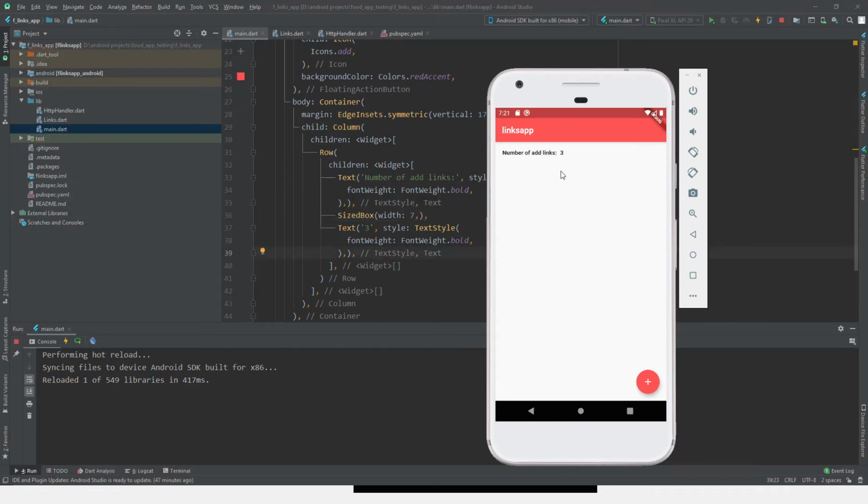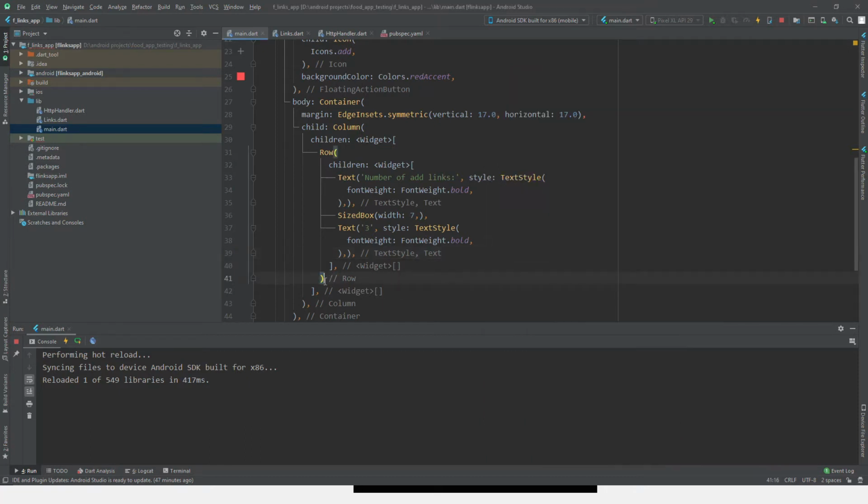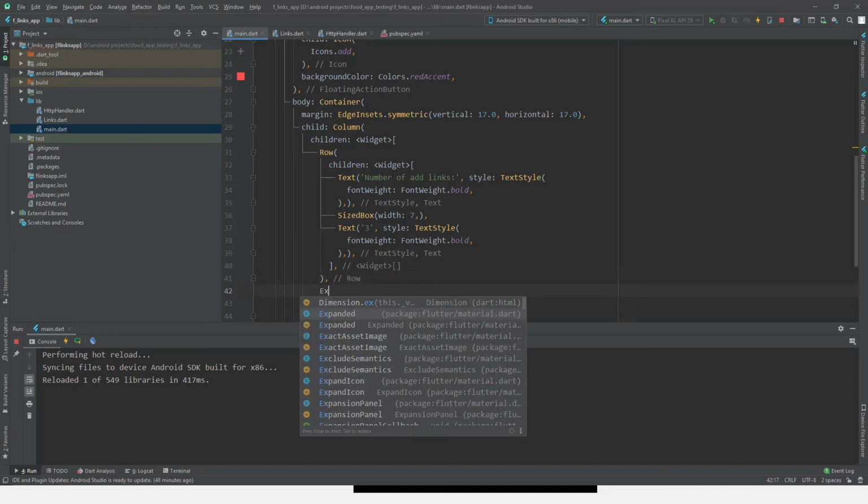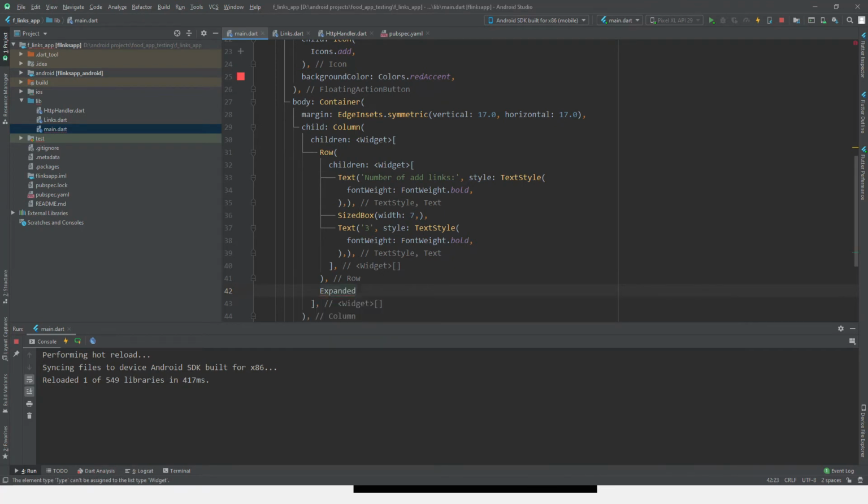Well, now we are pretty much done with this part. So inside the column we had this row. Then after that we're going to have an Expanded widget for the list view. So let's start working on it. Just here at the closing parenthesis, add a comma, then type Expanded. Yep, this one, Expanded. Then its child is going to be